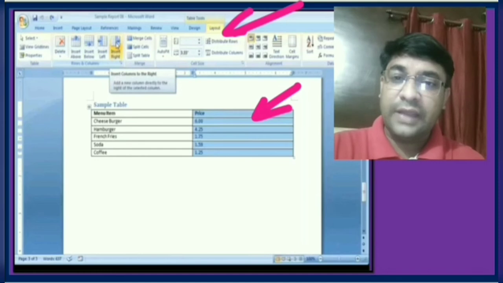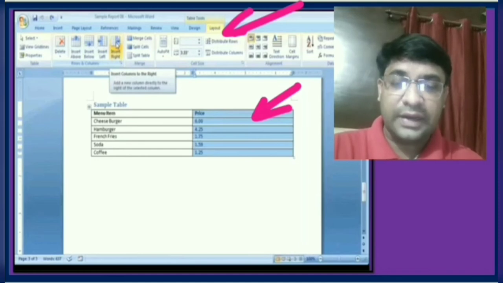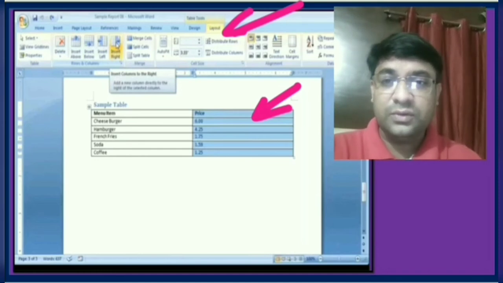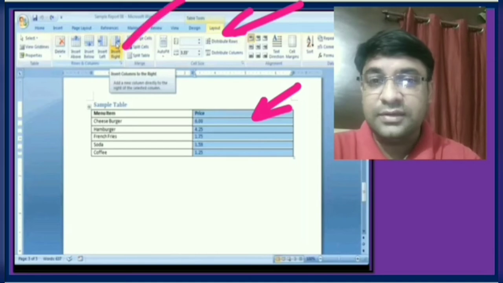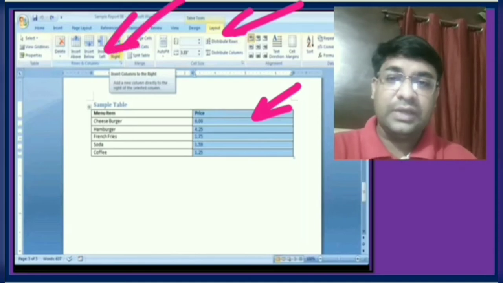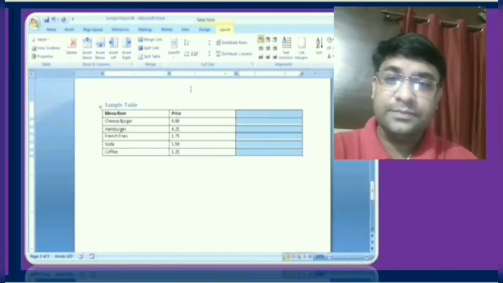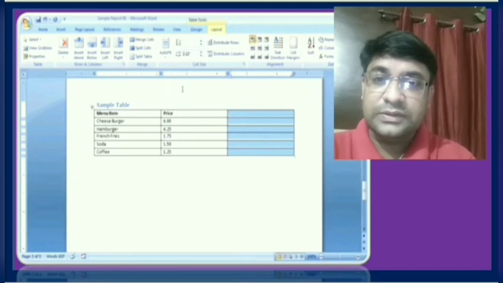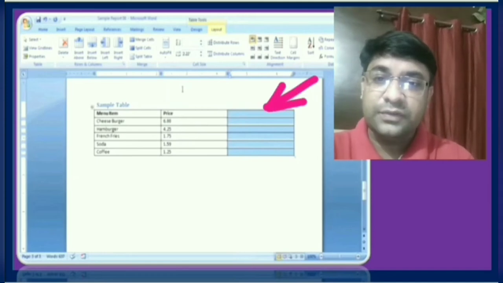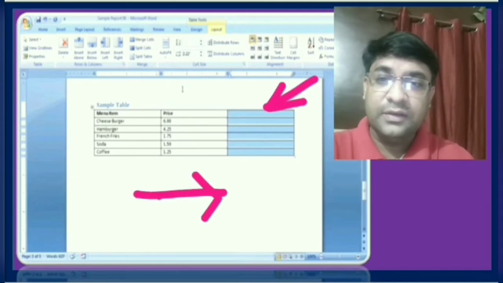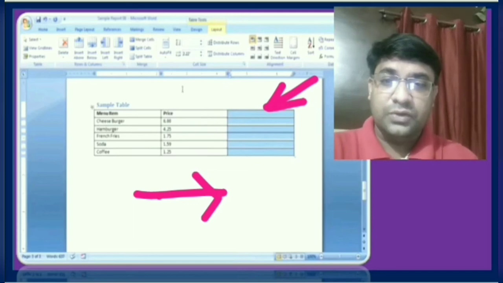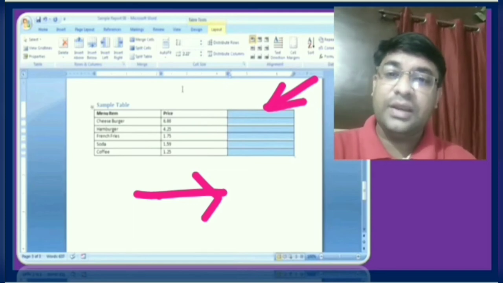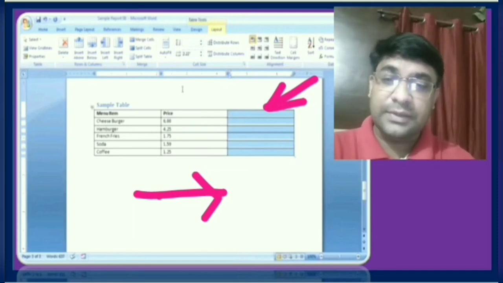Now here I want to add a new column just to the right side of the second column, so click on Insert Right. When you click Insert Right, then the new column gets inserted. You can see that in the diagram. This is the new column just to the right side of my second column. So this is a very simple process to add a new column in a table.